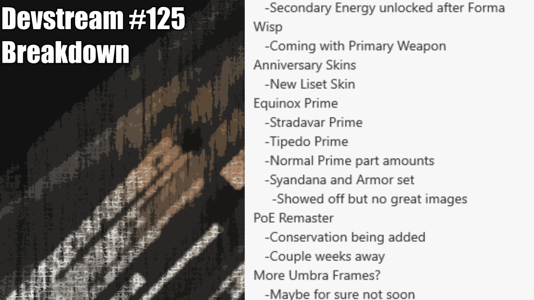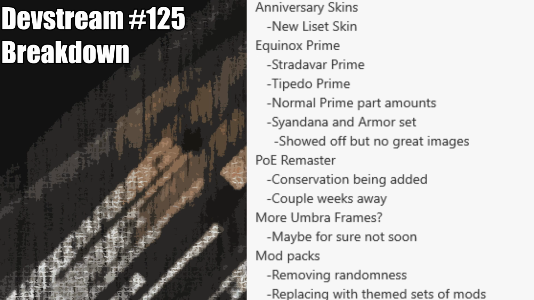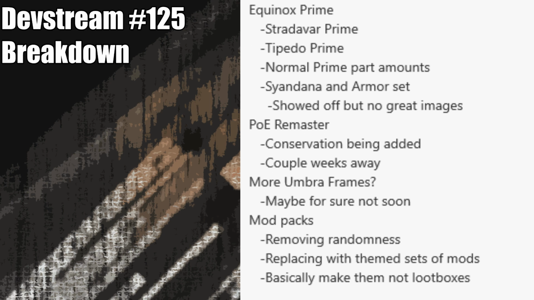Then besides that, we got some more stuff on the PoE remaster. They are going to be adding conservation to it, so you're going to be able to catch birds and quokka and all that business. And there is, of course, going to be floofs to be associated with all of these. And if Steve gets his wishes, which I very much hope he does, we will also have a floof of the big thumper that is going to be in that update as well, because it's hilarious and it runs around like an excited dog. Anyway, besides that, they just answered some questions and then talked about mod packs,